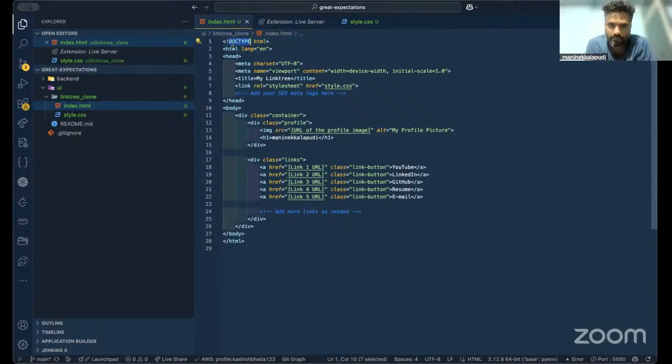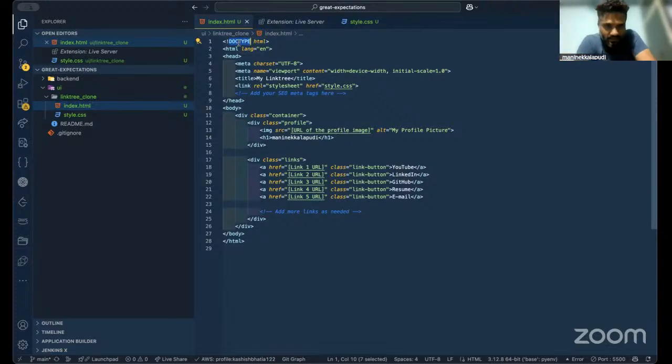So for every HTML document, that's how you start. Basically, HTML is a markup language. It's not a scripting or a programming language. It's just a markup language. Basically, it is used to define the structure of the HTML page, what goes where, what is the order, everything, all of that. So within that, we will have a